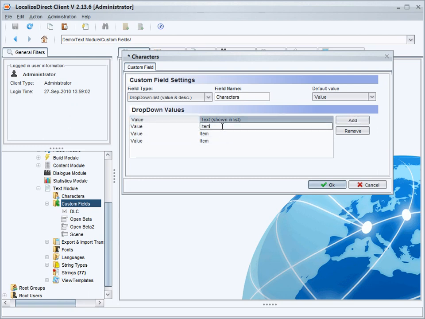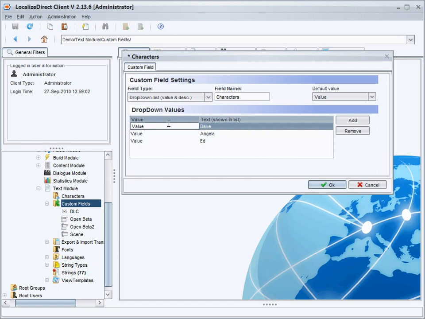So what we can do here is we can add some names. So we'll have Dave here, stick in Angela, we'll have Ed down here. So the way this is particularly used is that we'll then have values. So the text will actually appear as Dave, Angela, Ed, and whichever other characters are in the game itself, and